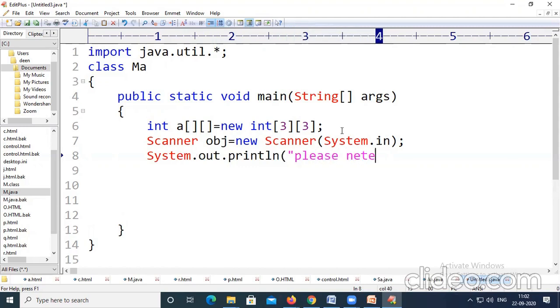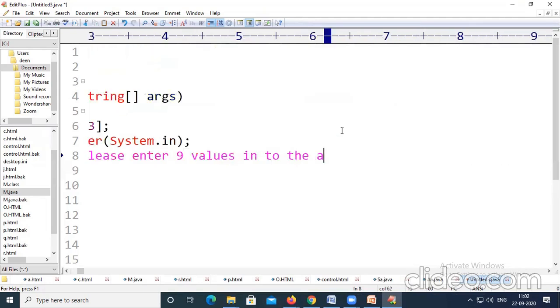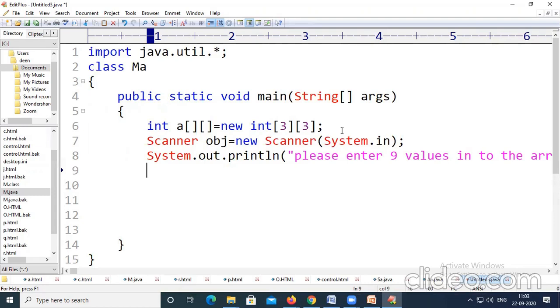Please enter 9 values into the array. So now the user is ready to enter the values.